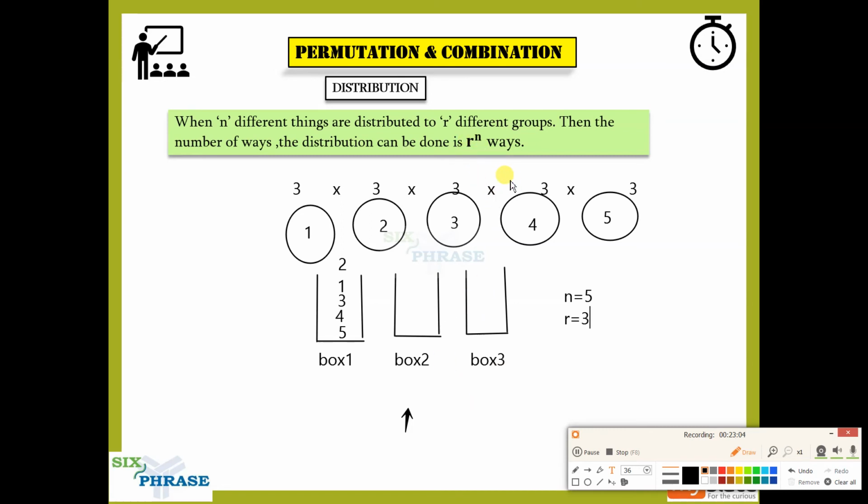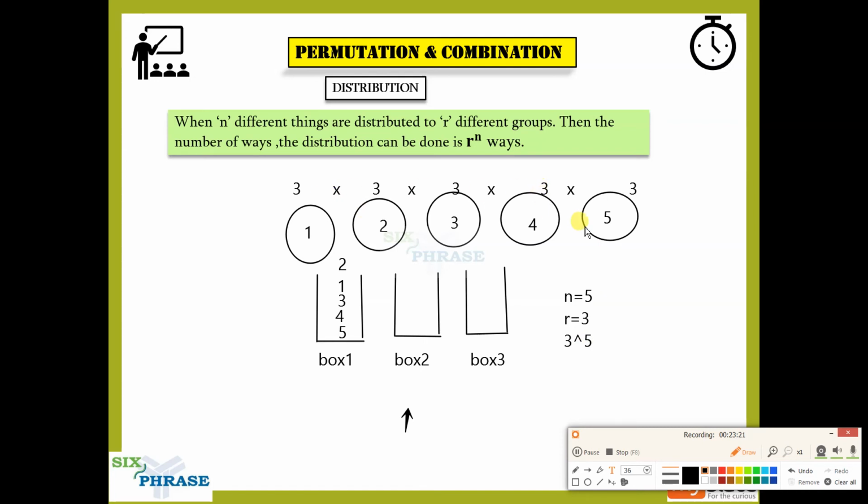So how will we write it? I'll write it as 3 power 5, right guys? So that is what we got here, right? Look at this, 1 2 3 4 5, 5 threes. So they multiply them all, it will be 3 power 5, right? So that is what we've got.